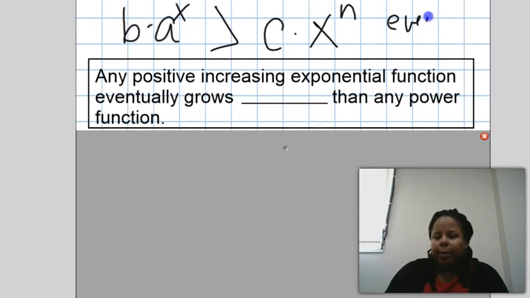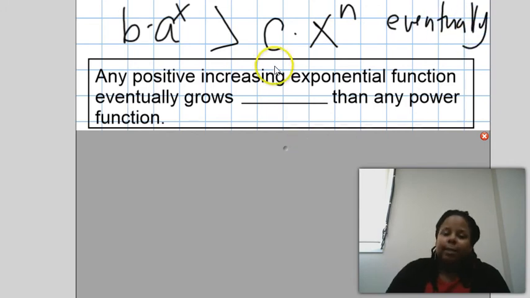Eventually. Now, it may not be initially, but it will be eventually. And we can see that if we plug in any power function into a calculator and compare it with an exponential function, eventually the exponential function is going to overpower the power function. So in order to fill this in: any positive increasing exponential function eventually grows faster